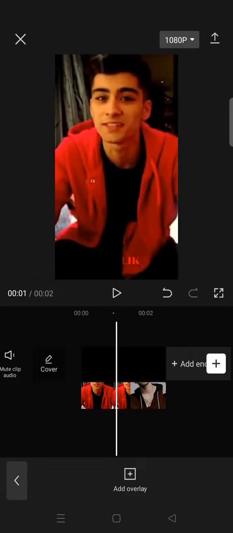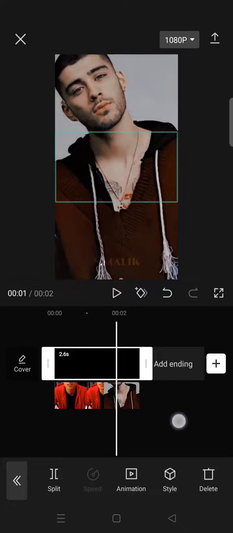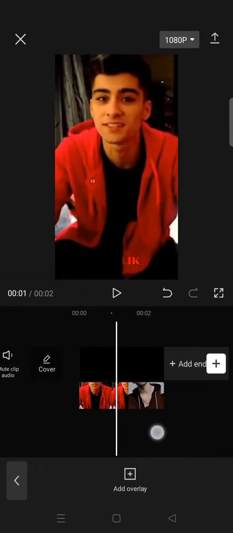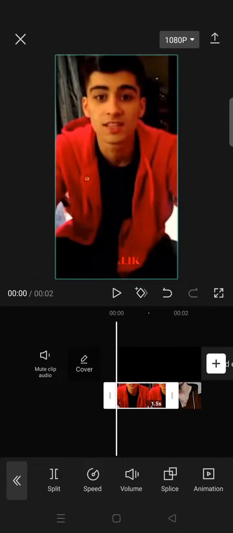On today's video, I'm gonna show you how to create a flip transition in a video on CapCut. So first you need to use a black image as the main video, and then add two overlay videos like this, and then click on the first overlay and then add a keyframe at the beginning